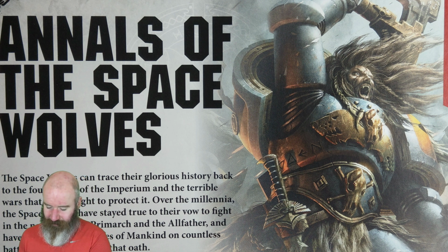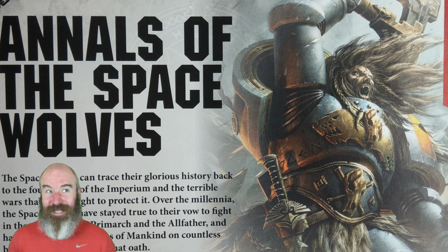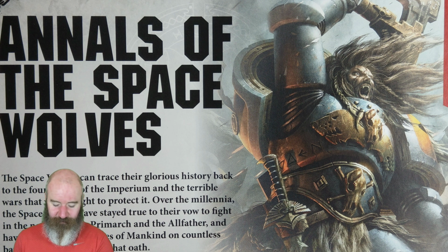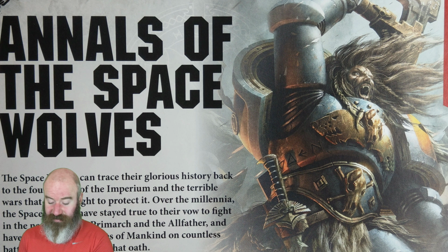The Second Founding, oh yeah, there was a Second Founding as well, which is interesting. The Space Wolves don't have any successors, technically. They don't have any successors in existence, because the Second Founding, they did split the Legion. However, it was an ill-fated founding, and let me just read this to you. The Space Marine Legions are broken down into chapters in accordance with the Codex Astartes. Largely ignoring the treaties, Russ retains much of his Legion's strength, dividing it only to create the ill-fated Wolf Brothers